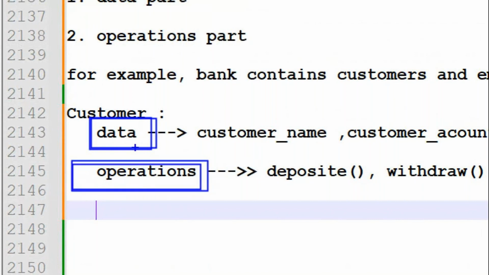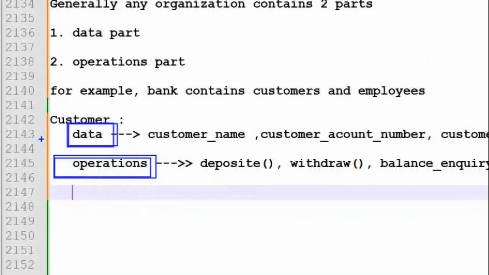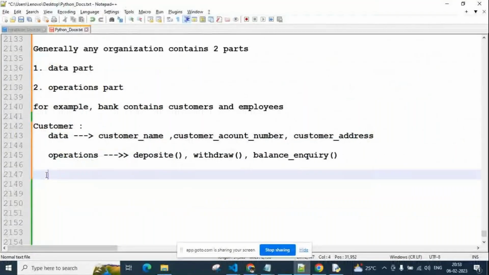But one language's data part representation and operations part representation may not be the same compared to the other languages. Okay, na?